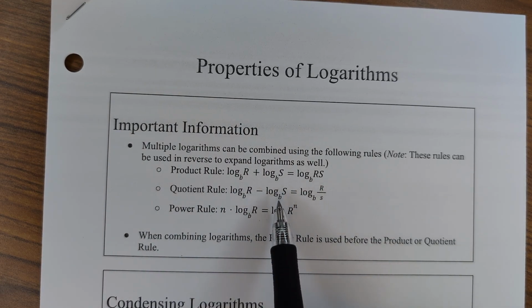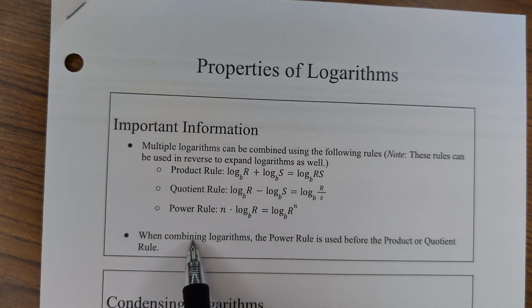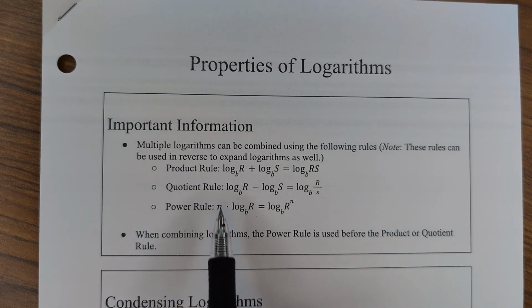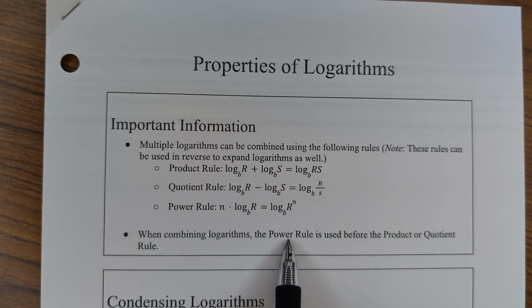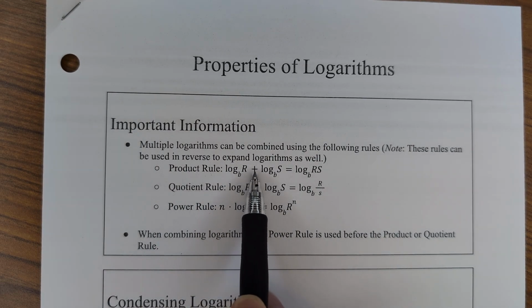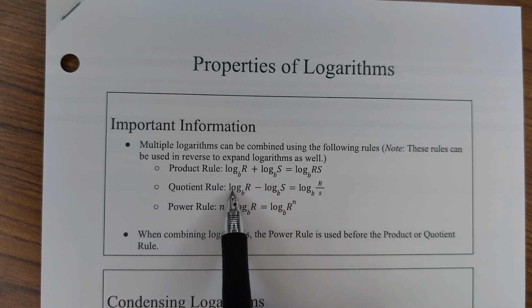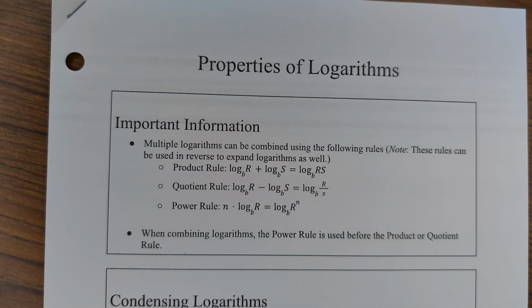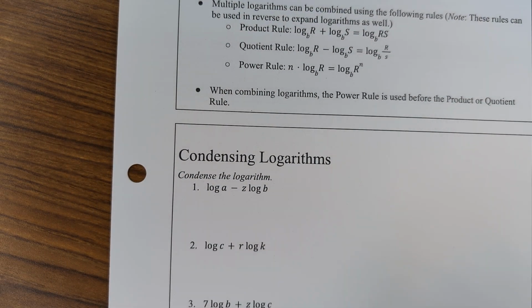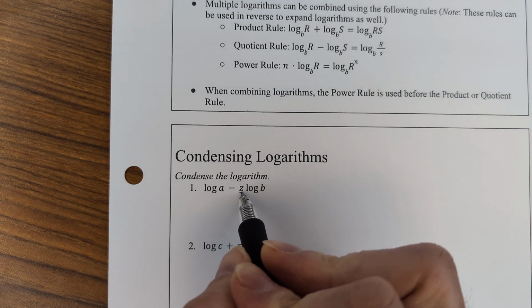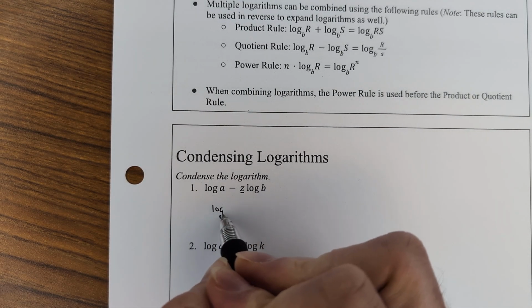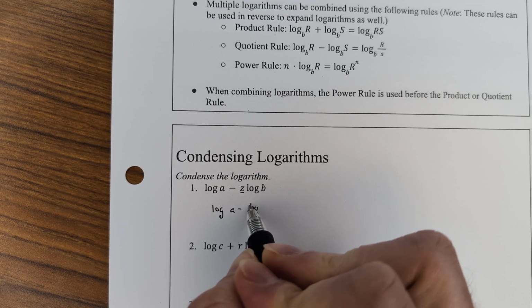Now all of this is done so that we can combine logarithms and eventually solve logarithmic equations. Just as a note of the order these are done in, power rule is always done first because before we can add or subtract our logs, they cannot have coefficients, so we need to move the exponent up first. Okay, so for condensing logs, the first thing you look for is any coefficients. Because those have to be rewritten